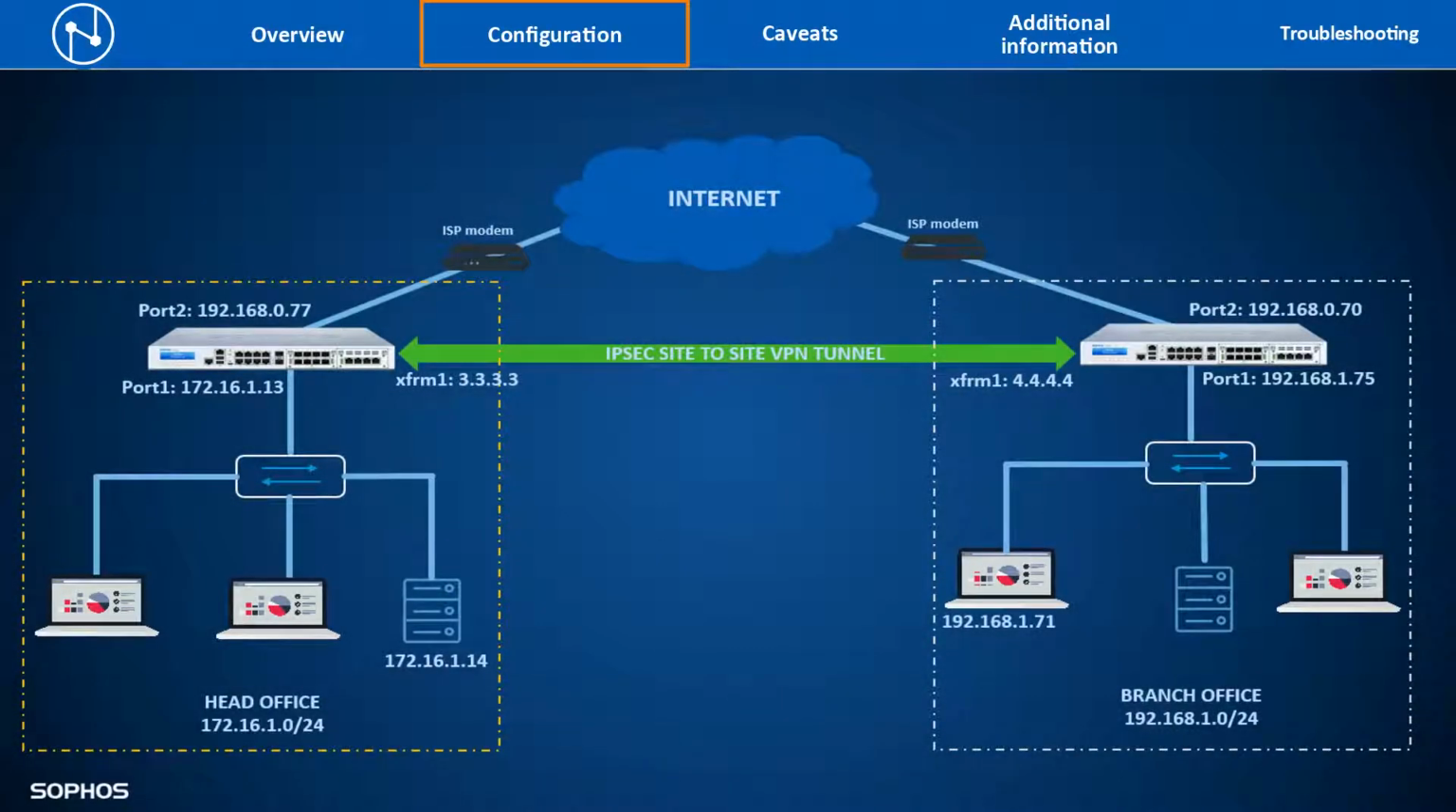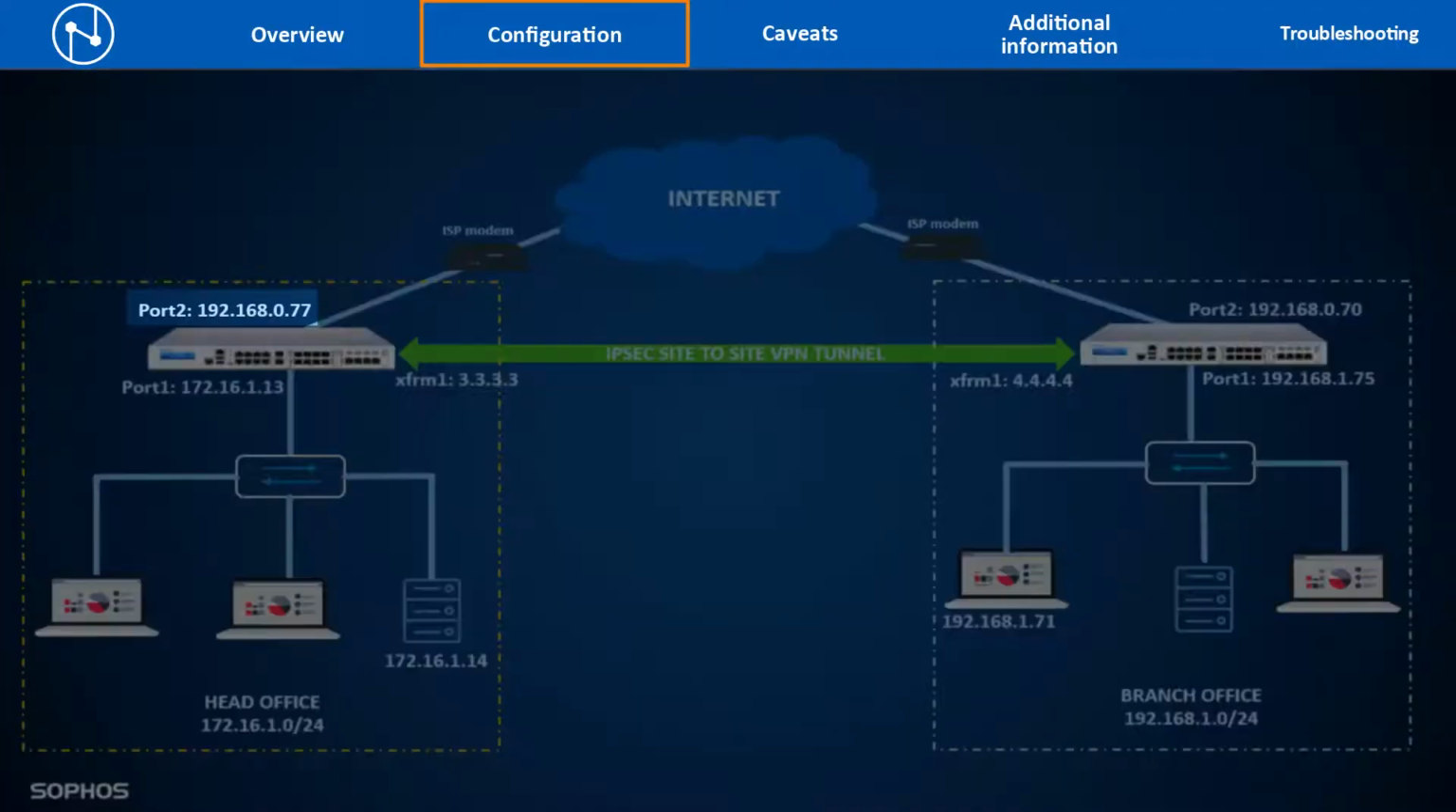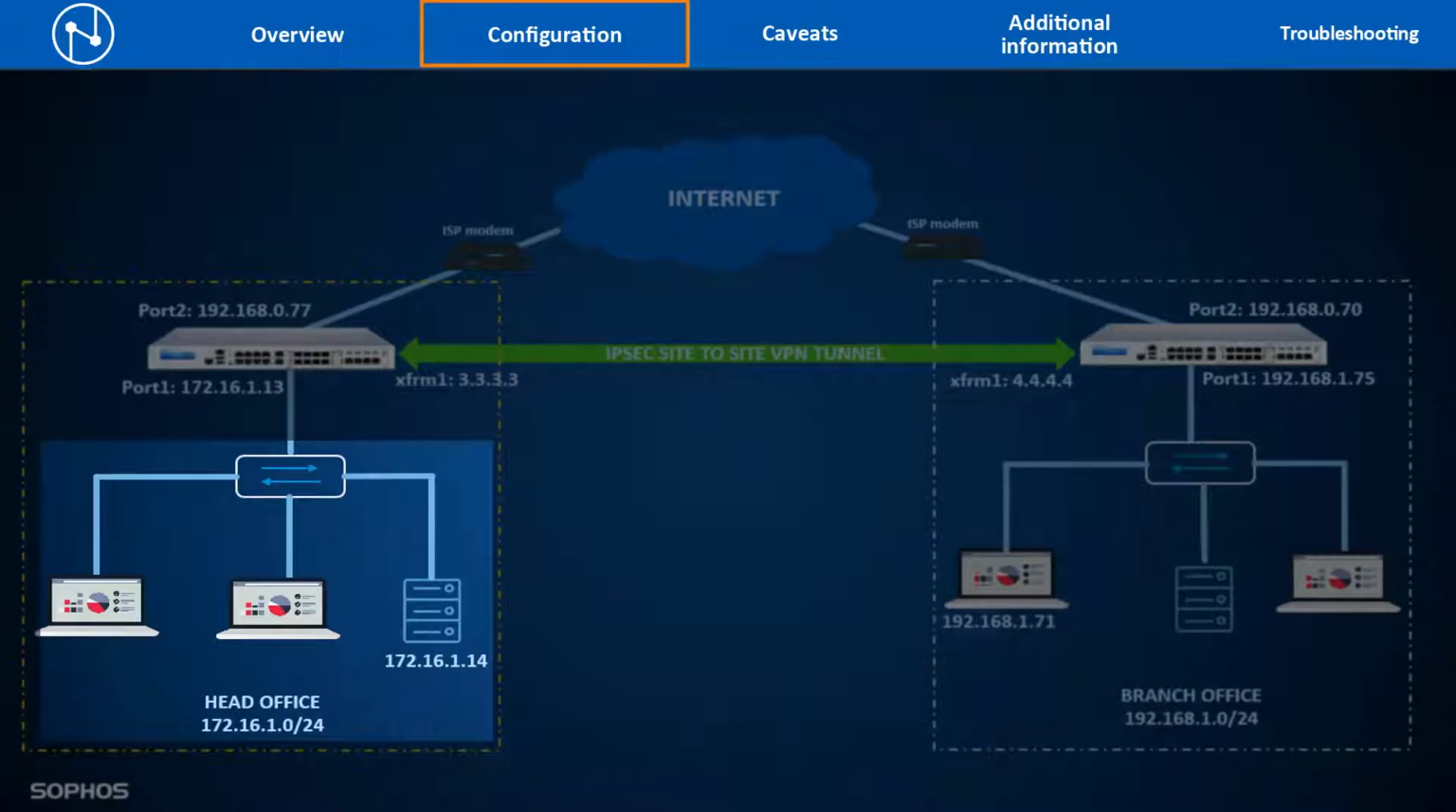The following is the diagram we are using as an example to configure a route-based IPsec VPN. XG devices are deployed as gateways in the head office and branch office locations. In the head office network, port 2 is the internet-facing WAN interface configured with the IP address 192.168.0.77. Port 1 is the LAN interface configured with the IP address 172.16.1.13, and its LAN network resources are in the